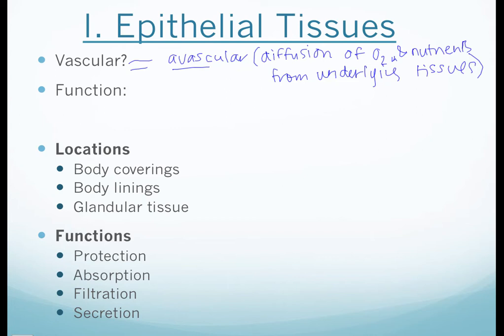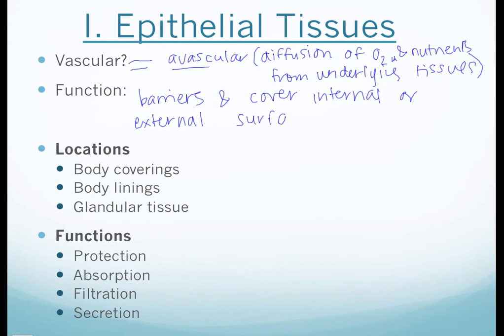And the function of the epithelial tissue is that they form barriers and they cover internal or external surfaces. Okay? And so these cells, because these are barriers and they line internal and external surfaces, and if you